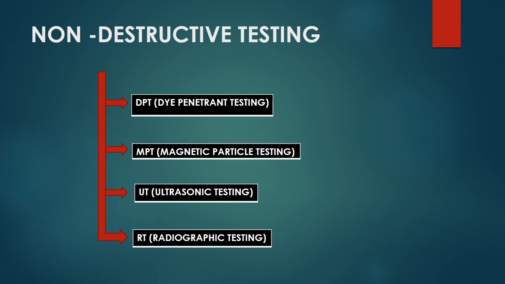From next class onwards, what are we going to do? We are going to pick up these NDT methods. As I said in the beginning, first we will cover the basic principles behind the technique, and then we will learn about the methods, how the method is done, what is the process, and process details. So we are going to start that from next class onwards.